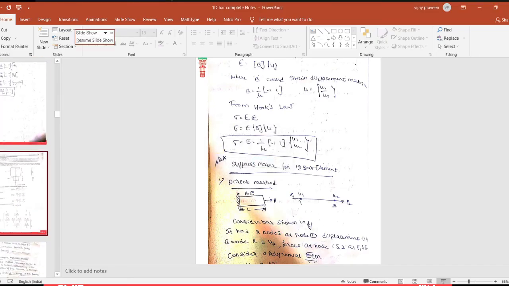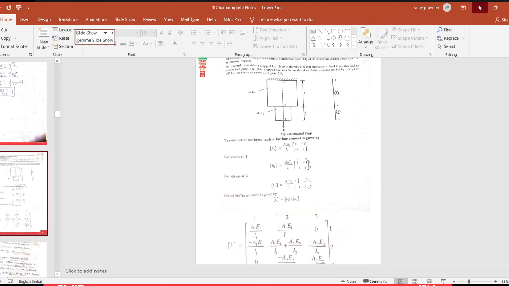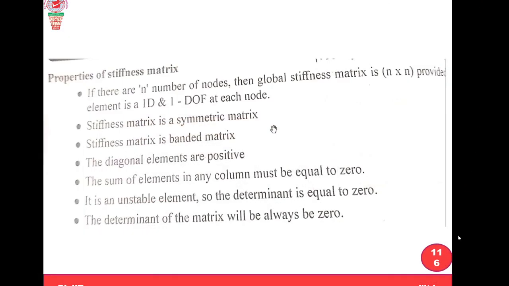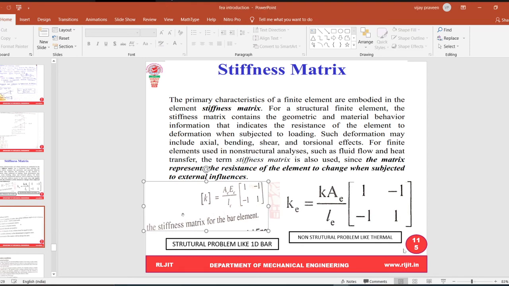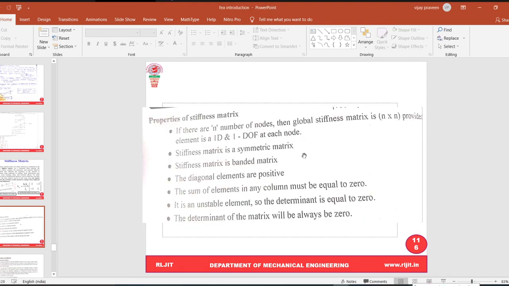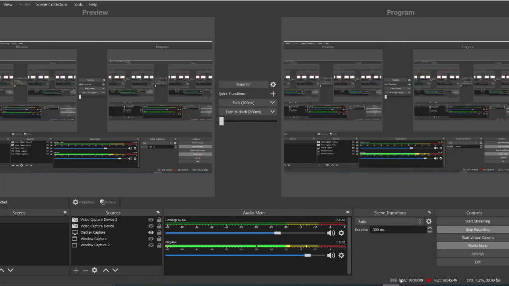So today this much is the class, and we'll stop here. In the next class we'll take problems. First we're going to take the procedure, how to solve the problem using a 1D bar element. Then we're going to solve the problem. Therefore, next one, all of you ready with the